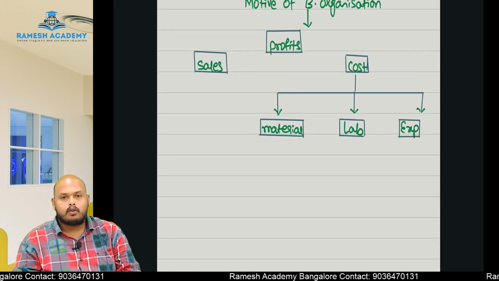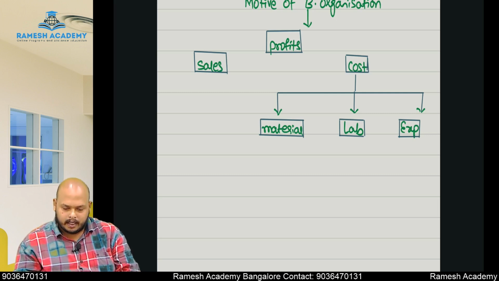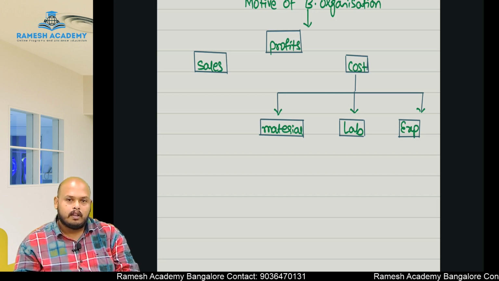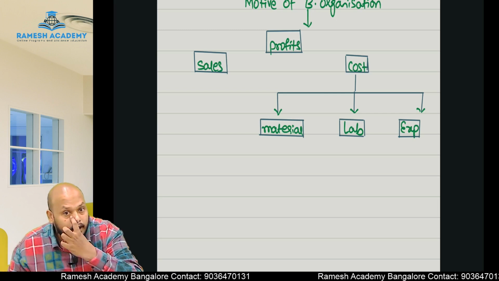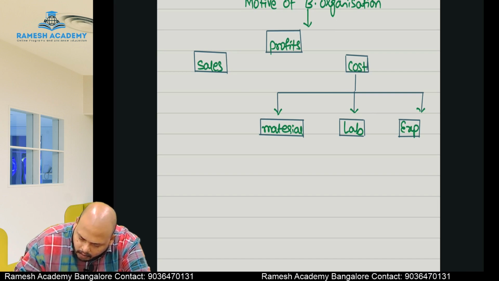Okay? So what is the main motive of a business organization? The main motive of a business organization is to earn profits. To earn these profits, how? They have to make sales. To make the sales, the first thing they require is cost. So to meet the required cost here,